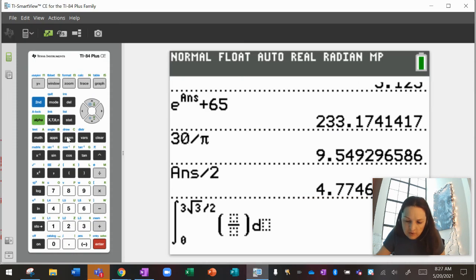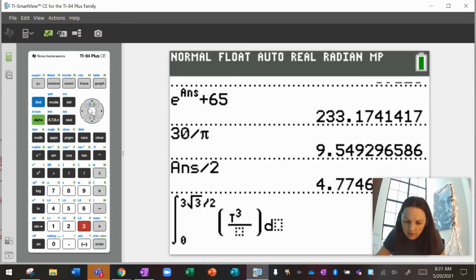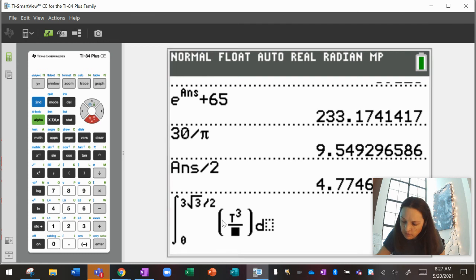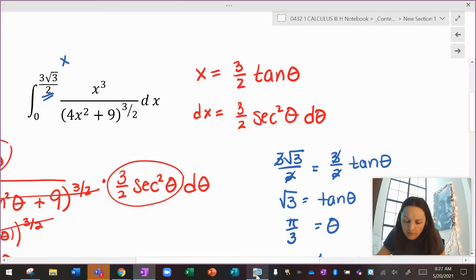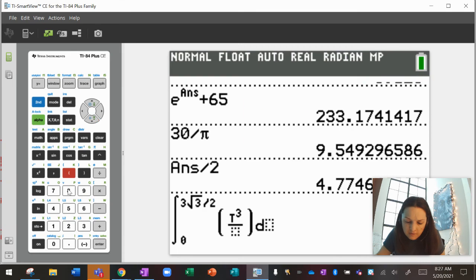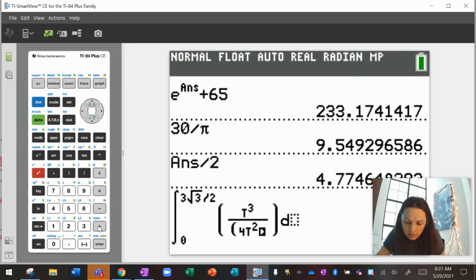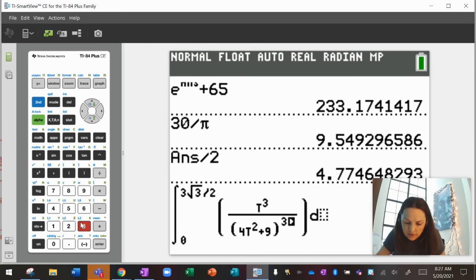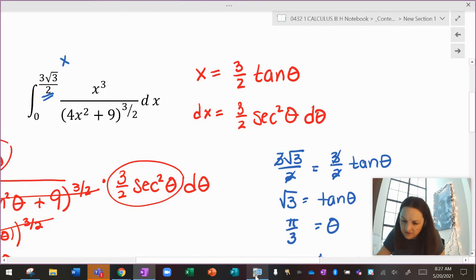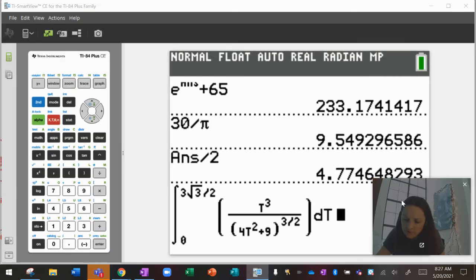X cubed is in the numerator. Oh, I'm in parametric mode. Doesn't make a difference. 4x squared plus 9 to the 3 halves dx. And again, I know it says t. It's fine. Please, please, please be